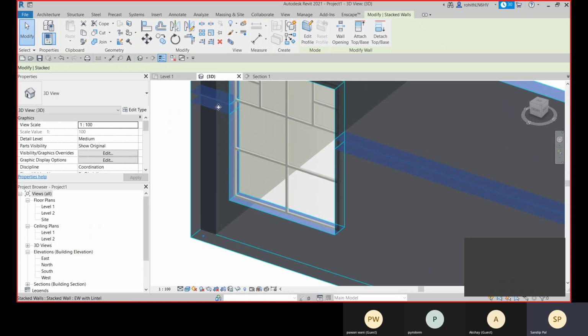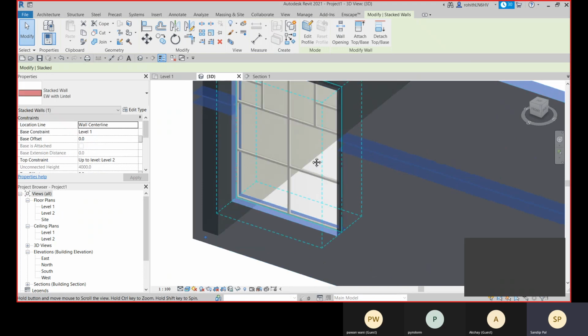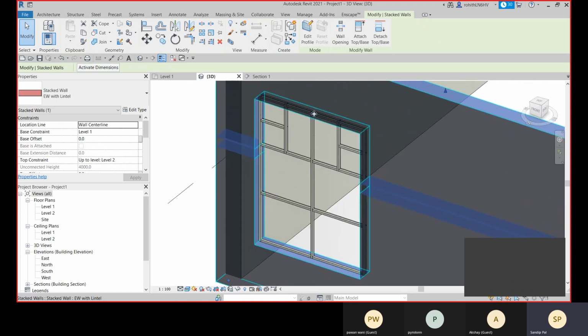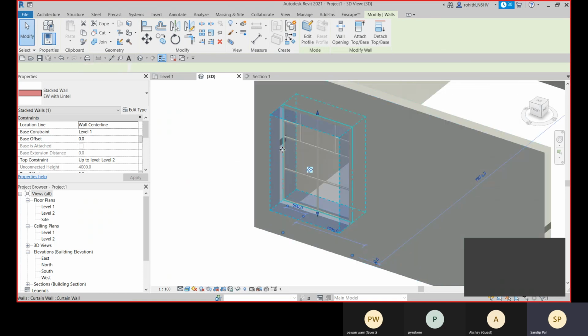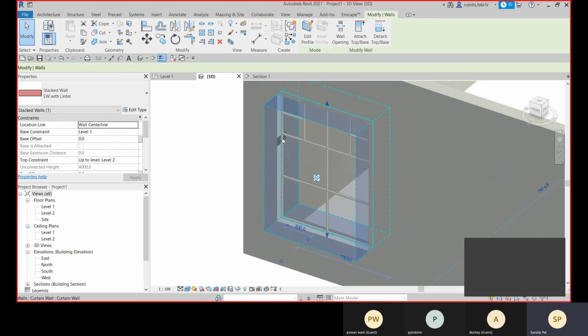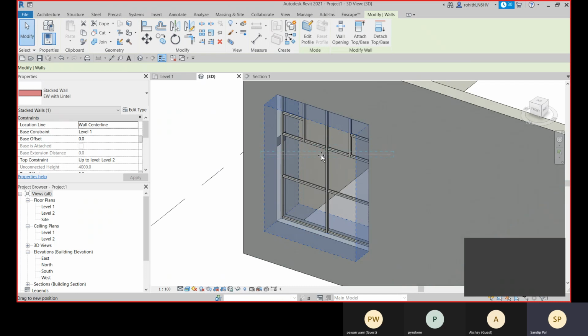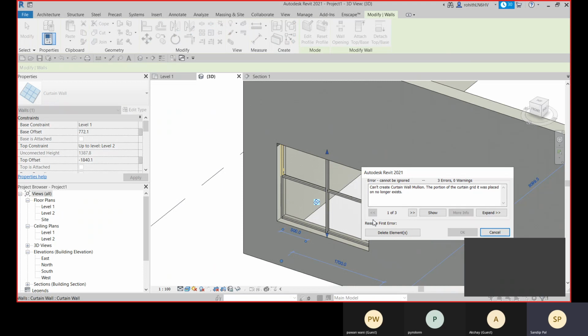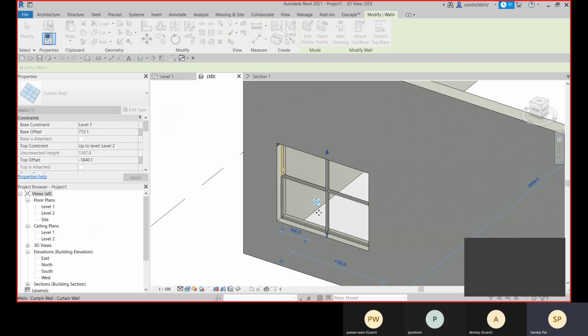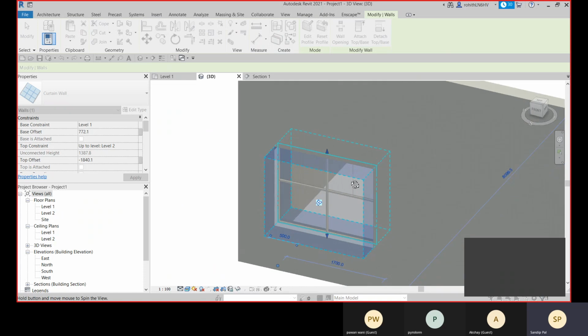So remember that you are placing this here, so don't place it like this, because this lintel will pass through. So you should apply it till here. Yeah, some wall mullions will be deleted, so that's fine. I need to delete it.